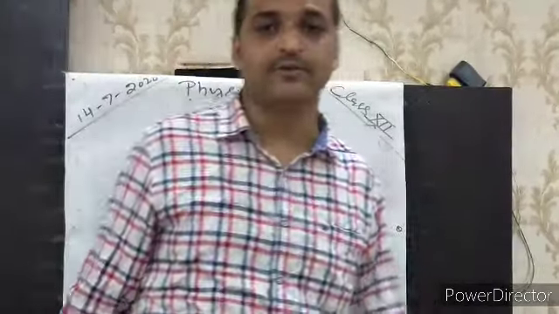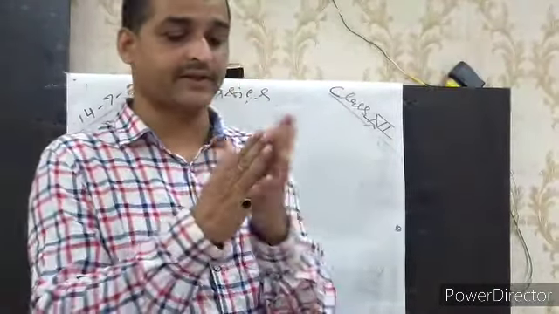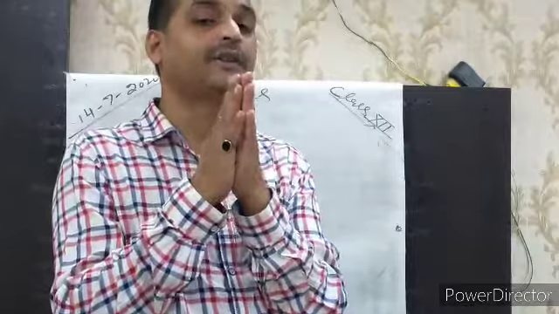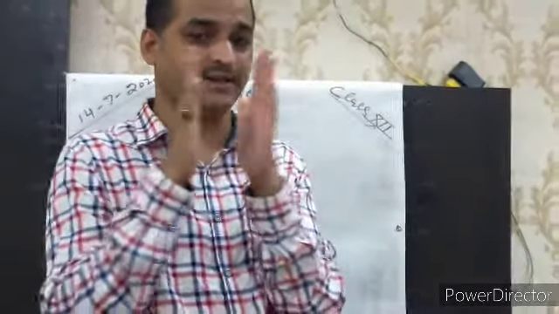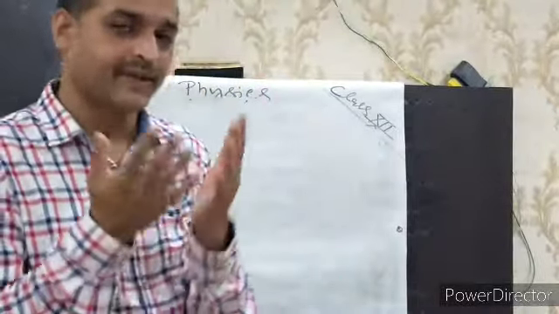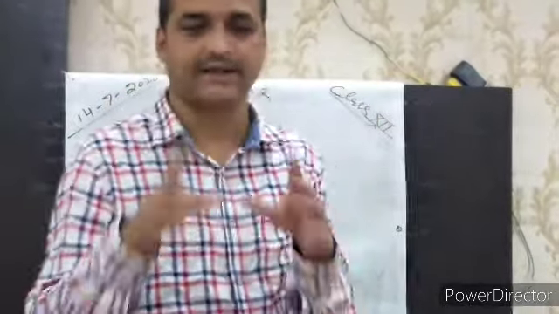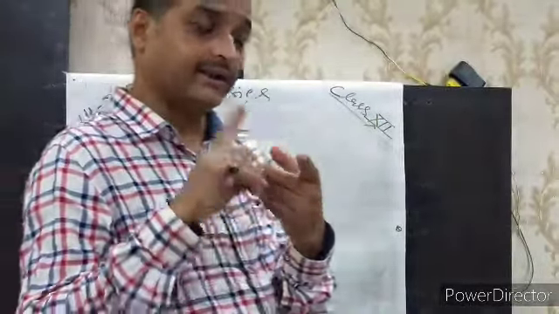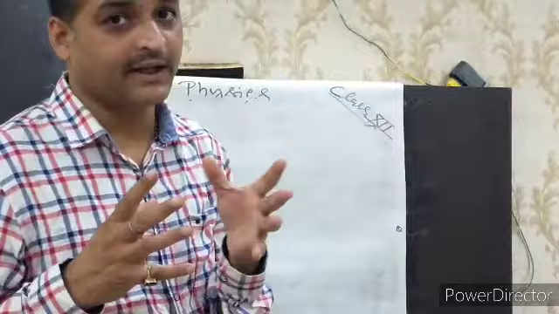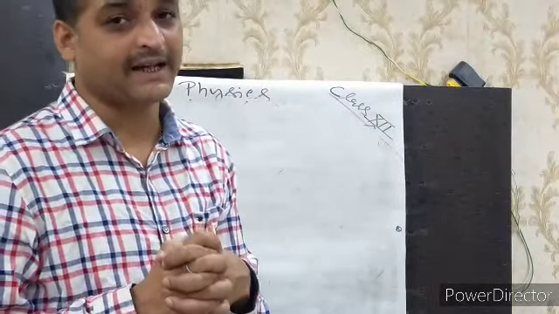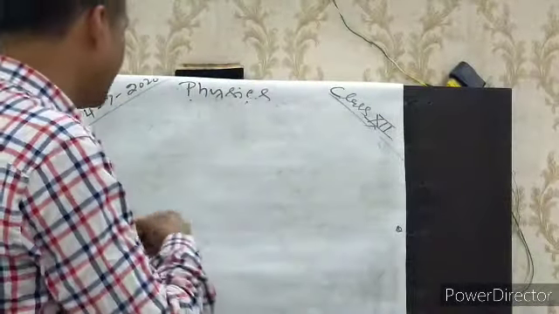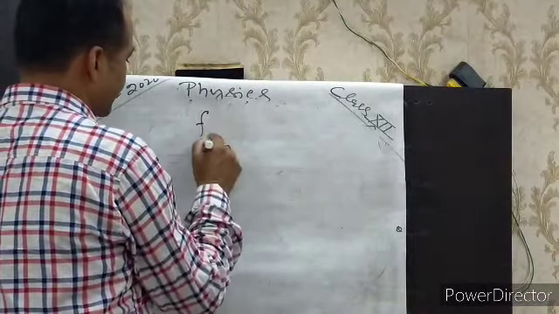I have explained to you the laws of limiting friction. What are the laws of limiting friction? The friction force depends on the nature of the two surfaces. If these are rough surfaces, friction force is greater. If they are smooth surfaces, friction force is very small. Is it clear? Okay. The third one, that the friction force is directly proportional to the normal reaction.